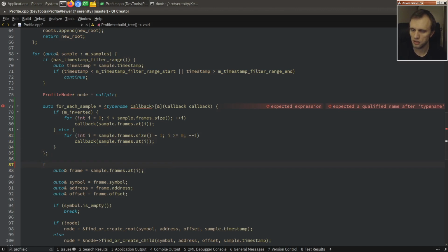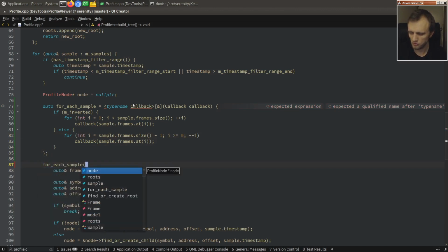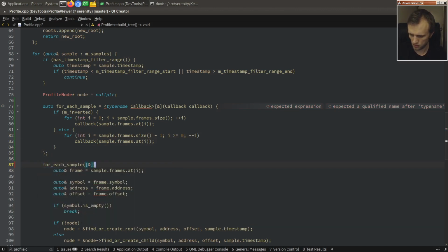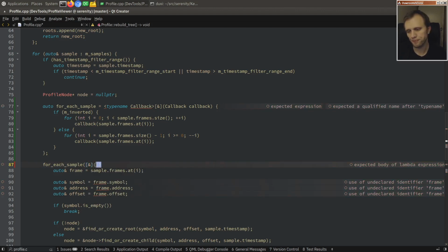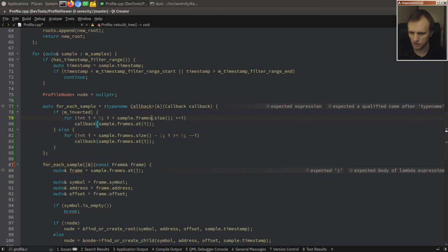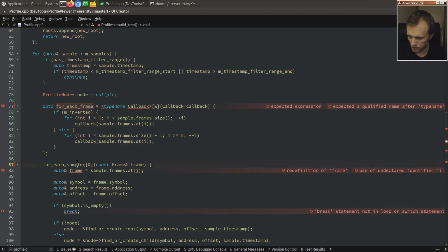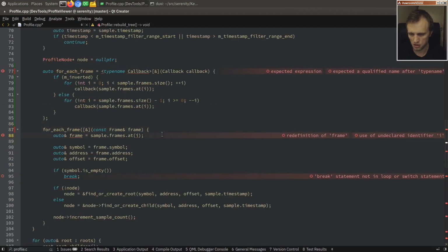And then we would write const sample frame. It's not for each sample, it's for each frame. So for each stack frame, do that,